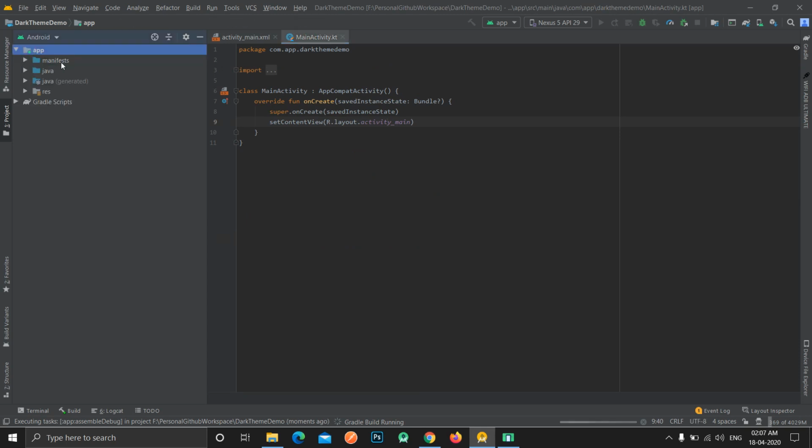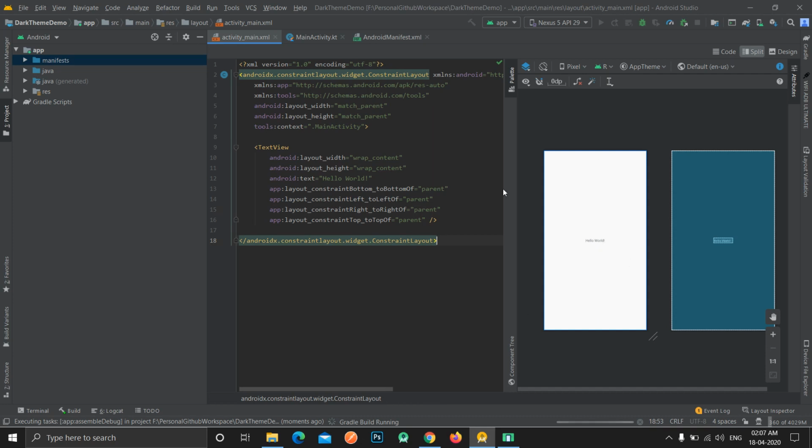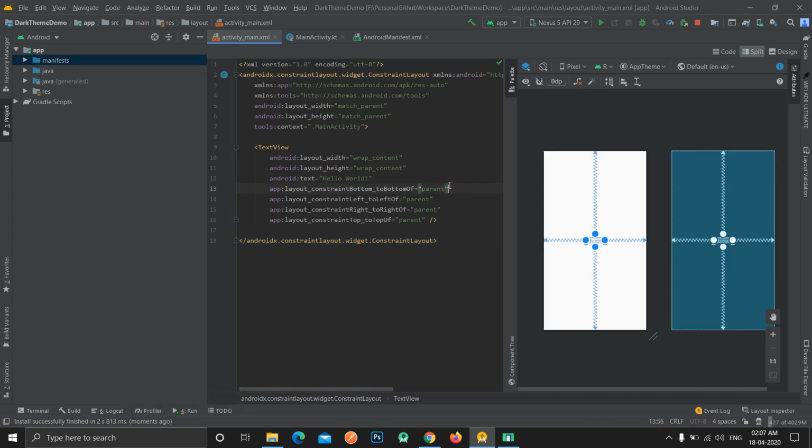One more thing, right now our application is just compatible with light theme. So when we run this application, we can only view this part, basically this UI. Even if our system's dark theme is on, we will still have this white background and text view over that. We will see how we can implement different states of the view based on different theme settings. Like if we have a dark theme, then this background color should be black and this text color should be white. So this will be the inverse of each other. Okay, we will see how easy it is to implement such kinds of things.